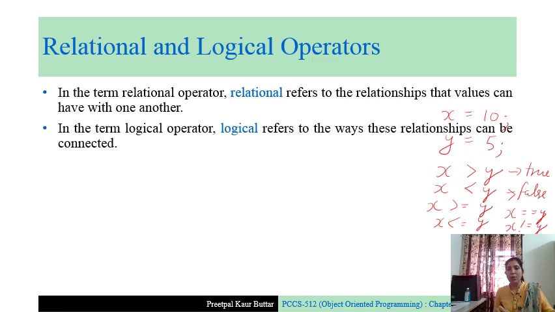In the term logical operator, logical refers to the ways these relationships can be connected. Relational operators are often used in combination with logical operators. So if we have